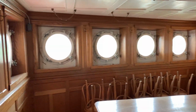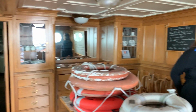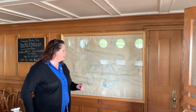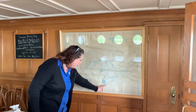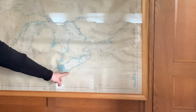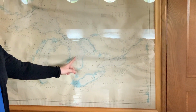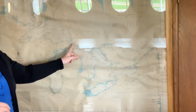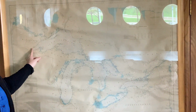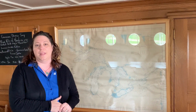So as you can see, we are laid up for this season, and of course we are not open, and neither is the Mather during our pandemic period. But here we are on a map with Cleveland, Ohio. So this ship would run from Cleveland all the way up to Lake Huron, all the way past the Soo Locks into Whitefish Bay, through Lake Superior to Duluth, Minnesota, and back to pick up their iron ore from the